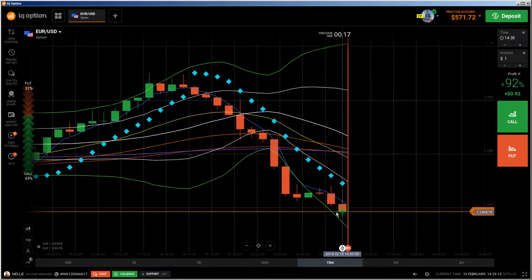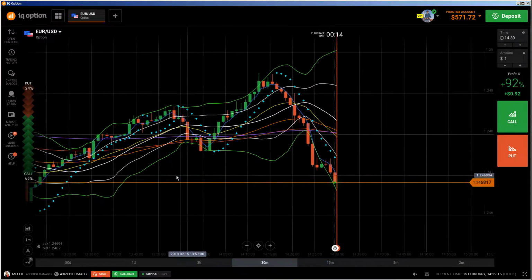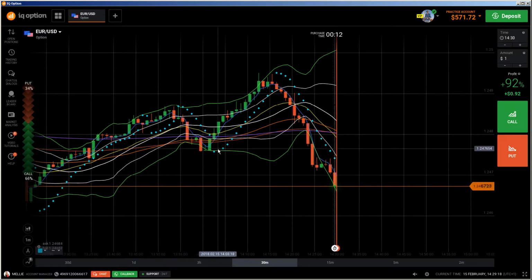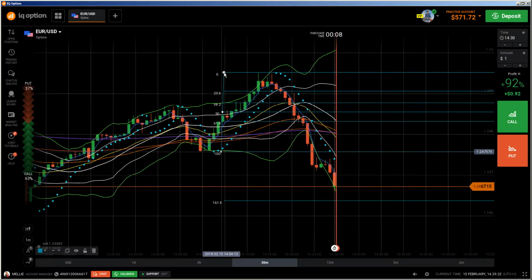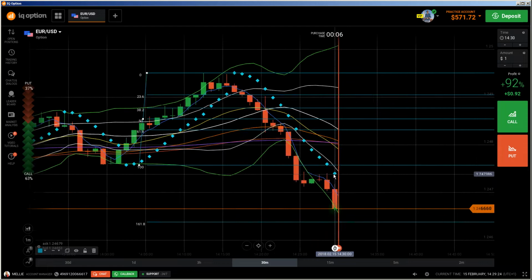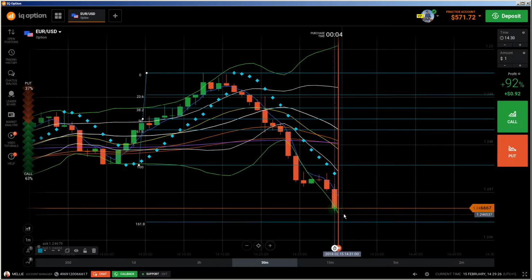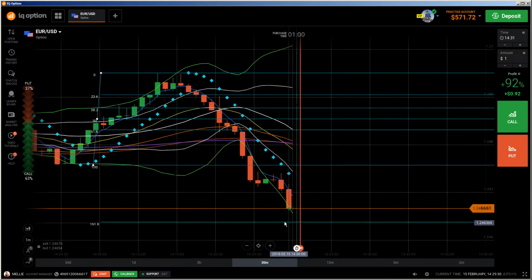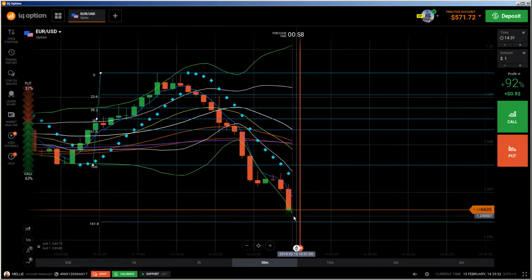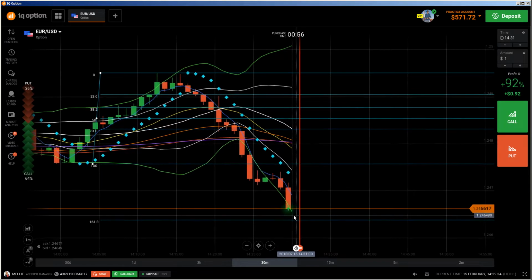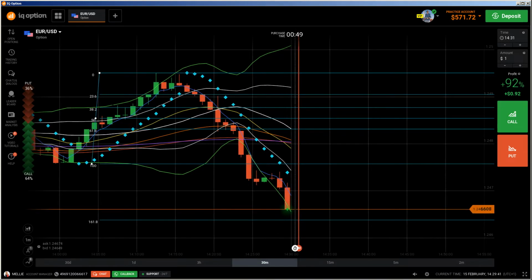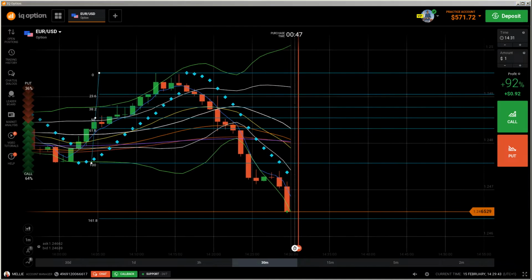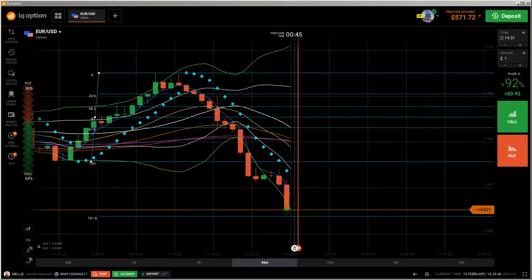So let me see what is going on here. Now we are heading down. So let me get some help from a Fibonacci level to understand where we're gonna stop. And this is how you have to draw the Fibonacci level. We're gonna likely stop here at the 161.8 Fibonacci level. So let's see what will happen. And this would then be the last trade of this video, because the video is getting too long otherwise. So let's see what will come up here.